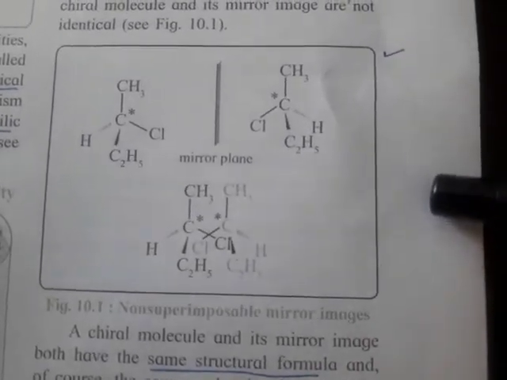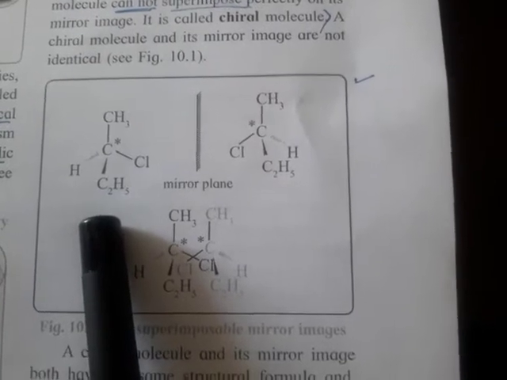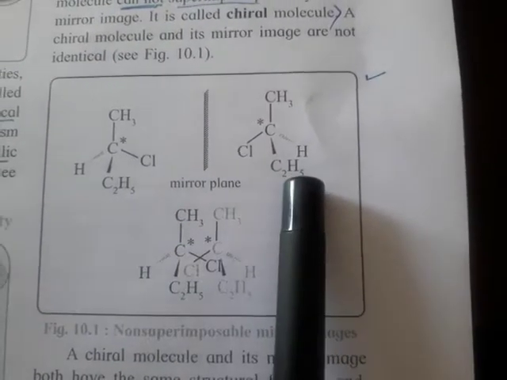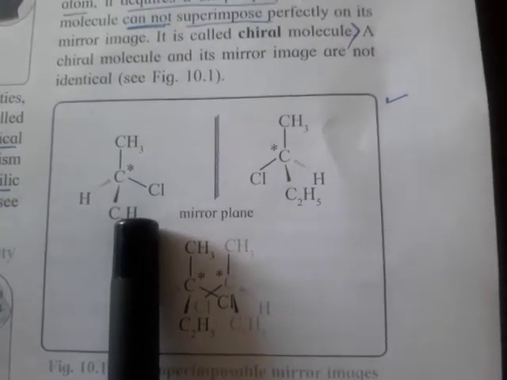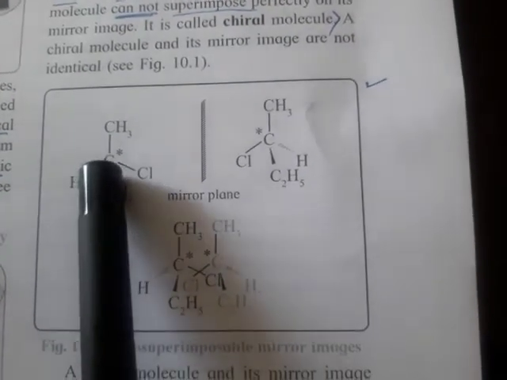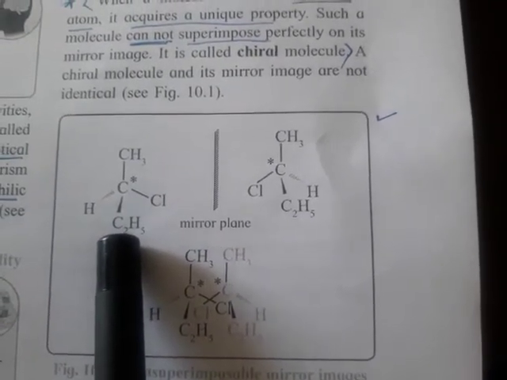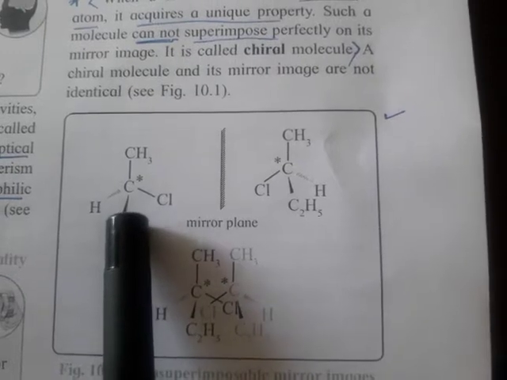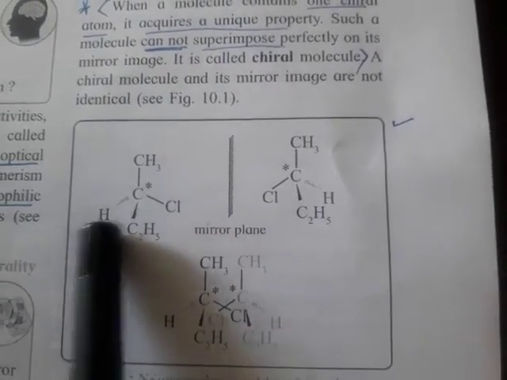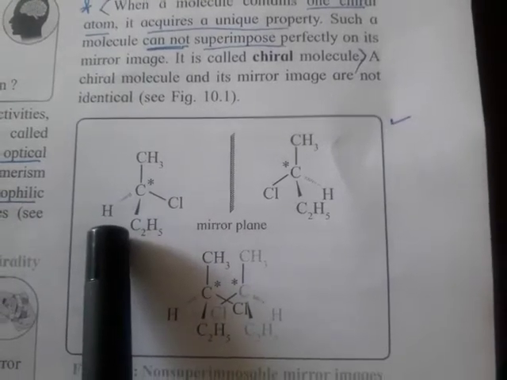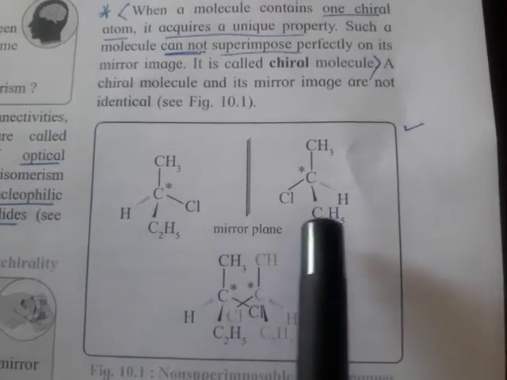See, they have given here one example, the same 2-chlorobutane which was discussed above. Its mirror image is also 2-chlorobutane. We know carbon is tetrahedral, and the tetrahedral structure is not a planar structure. These are different ways of writing structures. In 11th, we studied how to draw structures. So this dark line indicates that C2H5 is above the plane, this dotted bond indicates that hydrogen is behind the plane, and this single line means in the plane. So its mirror image is like this.